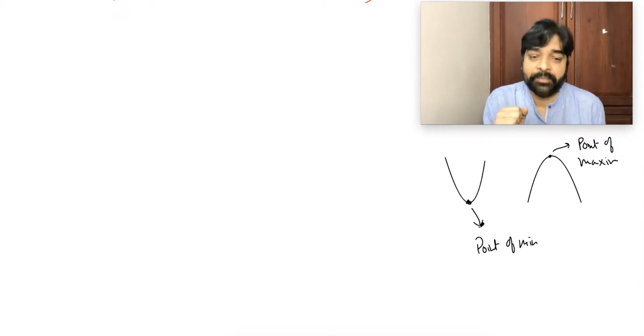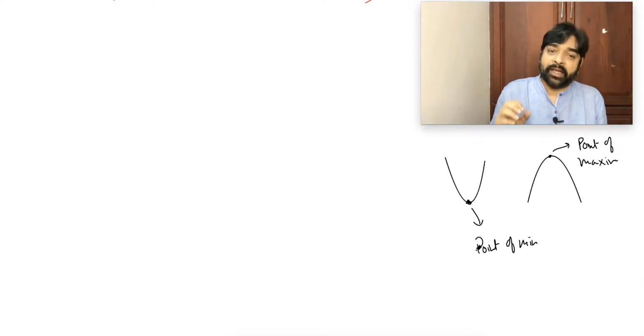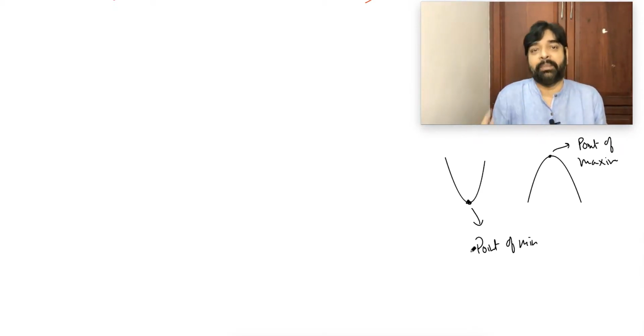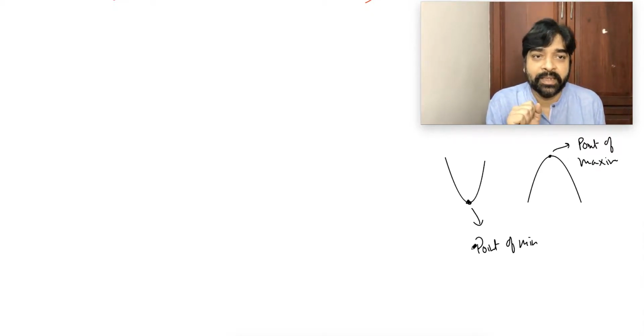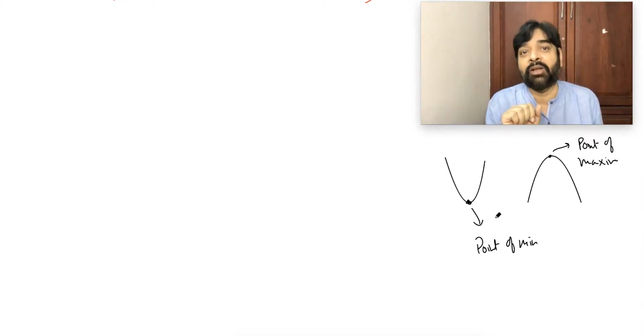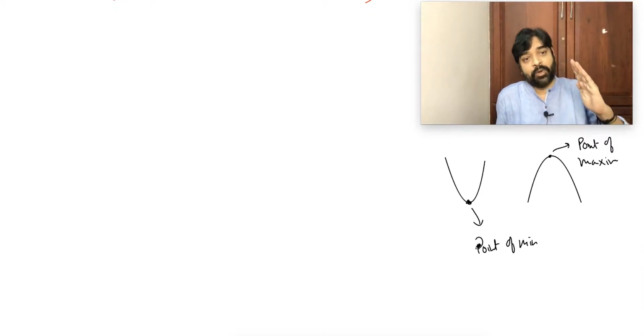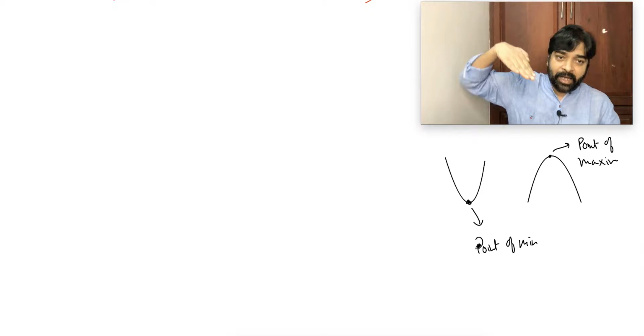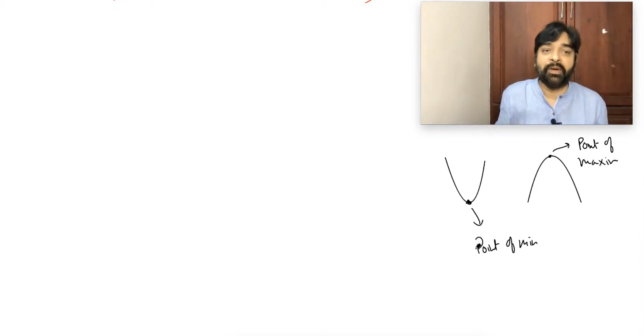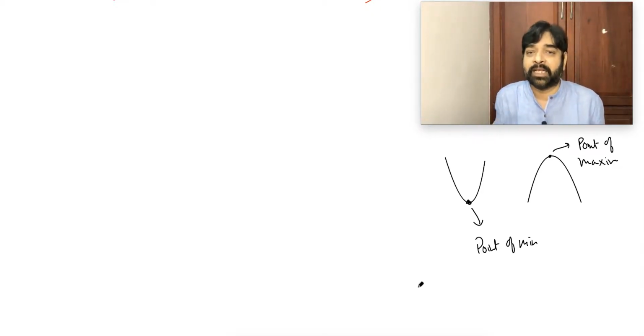This is the turning point. Turning point means the graph will have either minima or maxima. That is what is called the turning point. Yes or no? In any graph, I am not saying only quadratic, when they say turning point, they are talking about either maxima or minima. The graph takes a turn. When the graph is going up and then takes a turn, maxima will form. If the graph is coming down and then takes a turn, minima will form. So turning point means either maxima or minima.